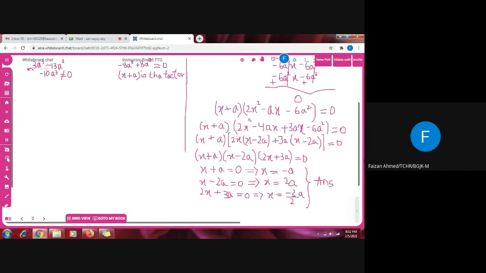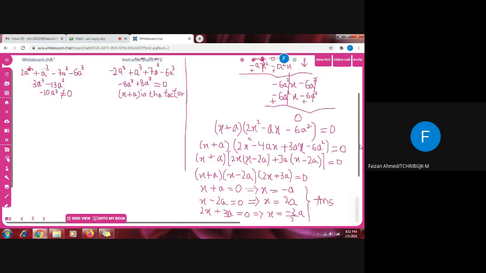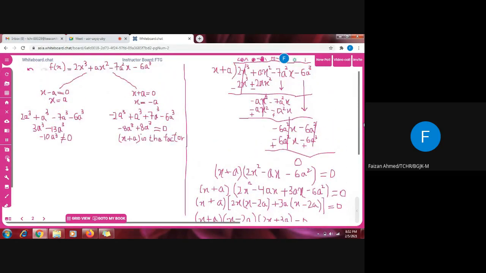So we did two things in this question. The first thing was we checked whether x minus a or x plus a is a factor or not. For x minus a, on putting it equals to 0, the value of x is coming out to be a, and when we put that value into the polynomial, the remainder was not 0, so we say that x minus a is not a factor. And we did the same with x plus a, and on putting x equals to minus a in the polynomial, the remainder was 0, so this is a factor.